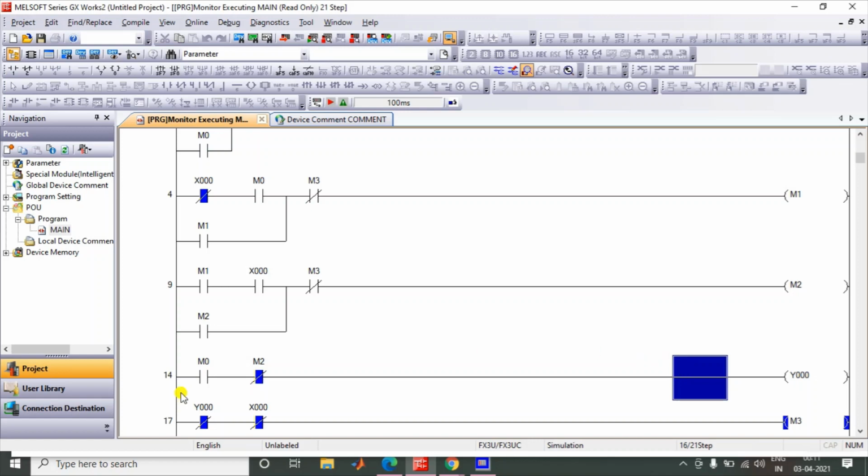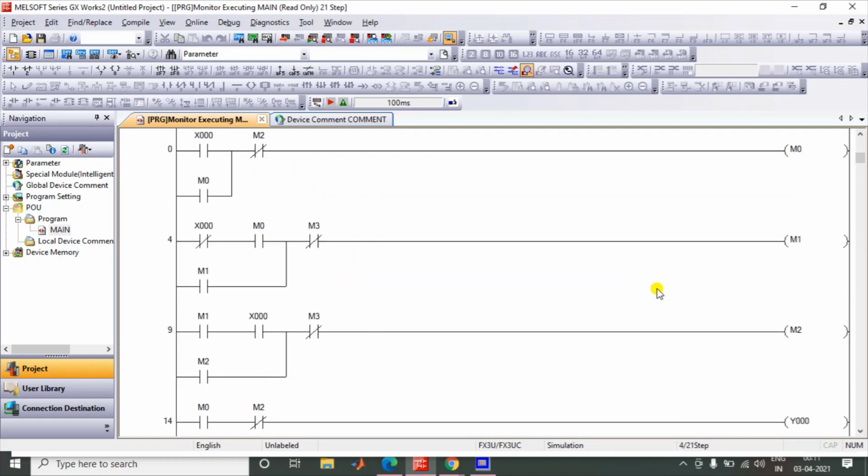And till here the logic is not completed. If we just leave the logic here, then it is on all the time. So we need a situation when the third step, or the holding of the third step m2, should be off. So that is the situation when the holding of m2 should be off. So you can say when the output is not there and the pressing of input is not there, then they should be off. So this logic is behaving the same as we are doing in a real-time situation.